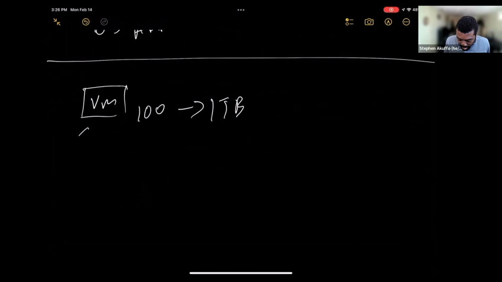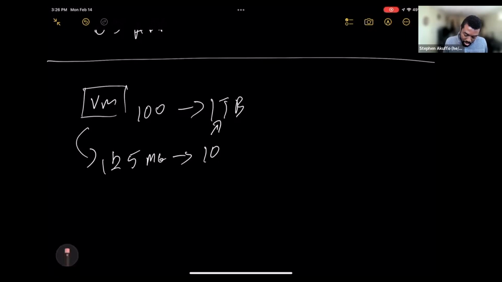You could break this down into a container and say, well, the payload for this is really just 125 megs. That's what the web page actually needs. So I'm going to carve this up into 10 instances that run on Kubernetes. And rather than charging your environment 1 terabyte for, made a mistake here, 1 terabyte for just 10 VMs, you can now do barely over a gig